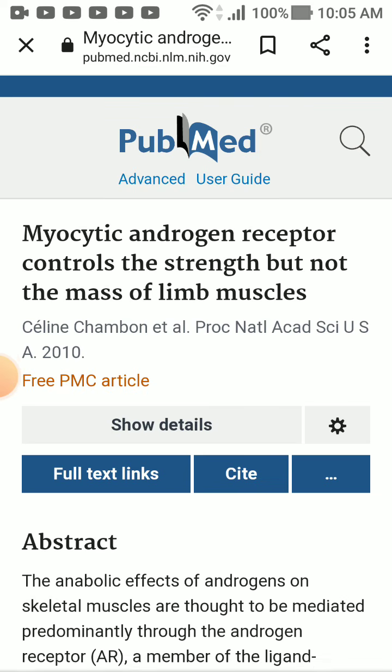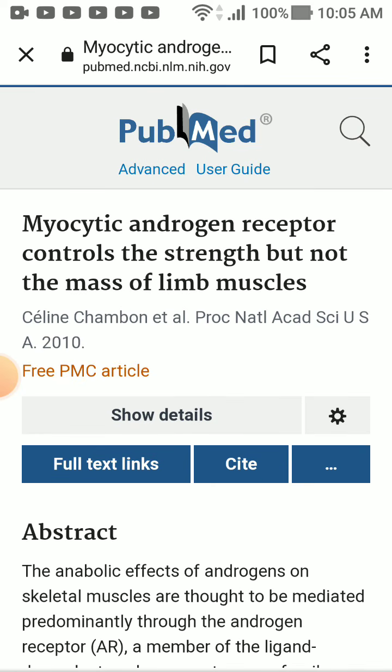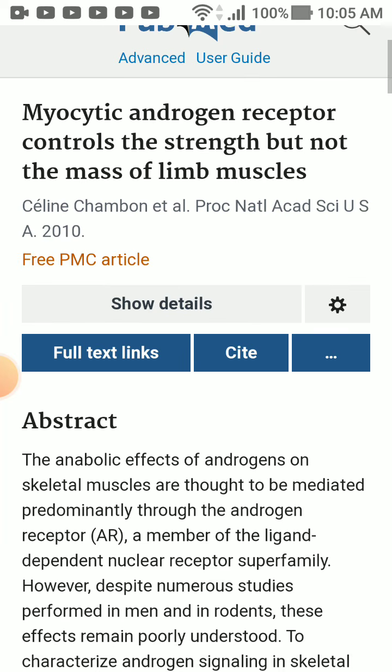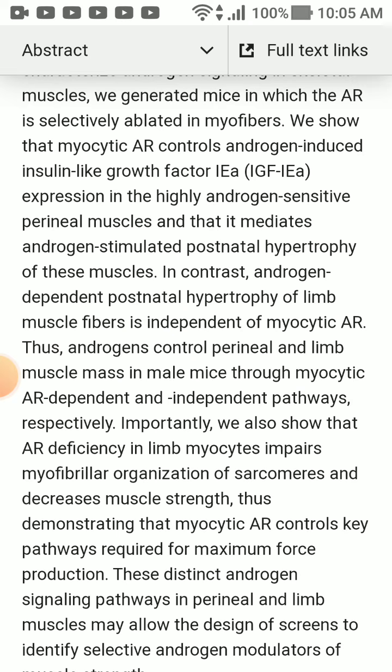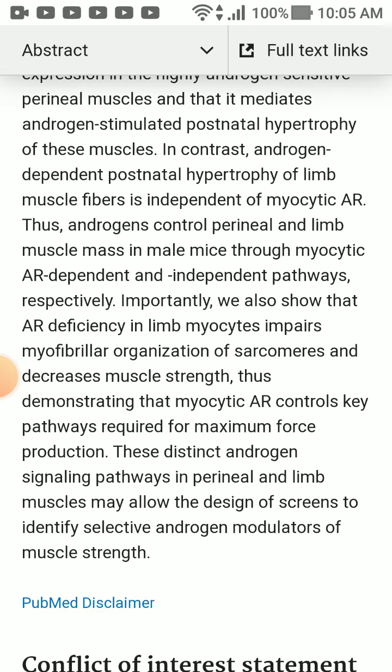A penis pump. Yeah, so the best one is, I'm not getting bigger, but I'm getting stronger. Or I got bigger, but I'm not getting stronger, because you got artificial muscle growth. That's why you're not getting stronger. See what I mean? Your body compensates by giving you myocytic androgen receptors. They control that strength, so more of these androgens can bind to them. So it's not really hard to explain these things, man. Once they drop the AR, force production and muscular strength went down.